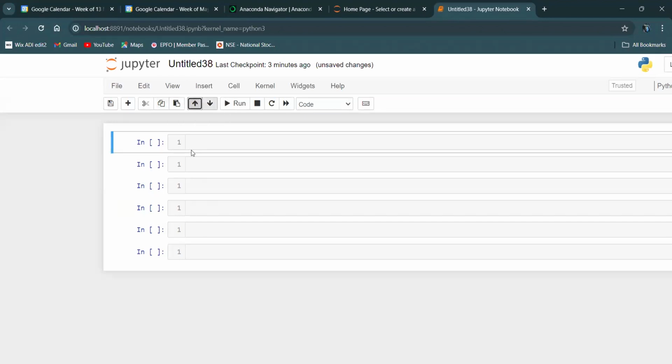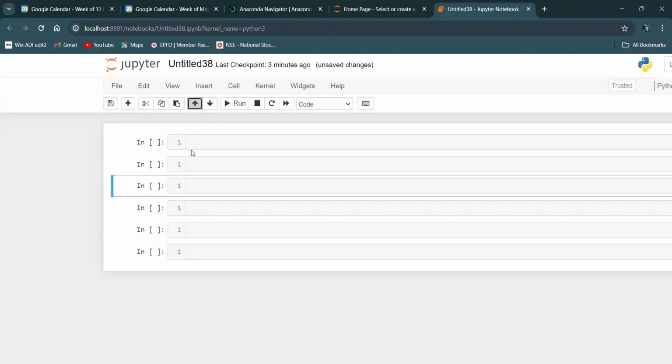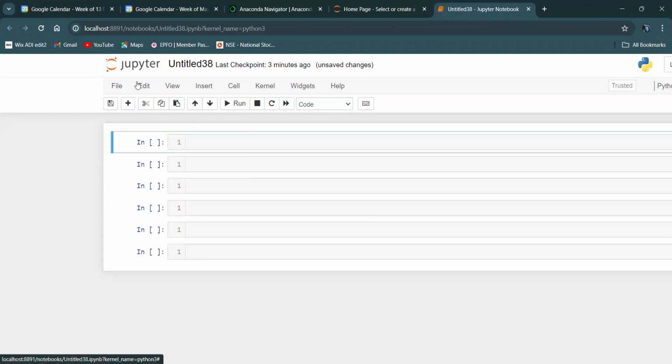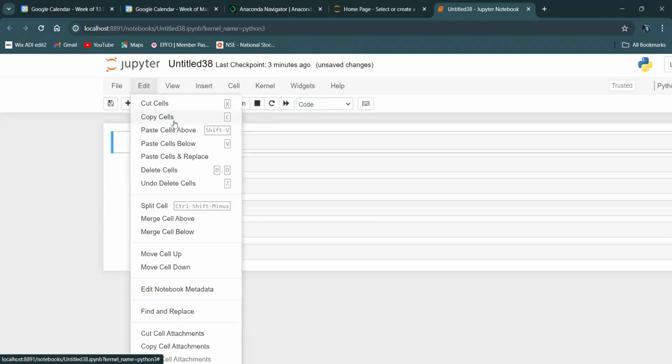You can come down, go up, or you can also run the code here. Either you can run the code by shift enter, or you can also run here. You can also pause it. I'll talk about this code part. So this is to cut the cell. See, either you can go with this option, or you can also utilize any of this option. Cut the cell, copy the cell, delete the cell, split the cell, merge the cell, anything you can do.